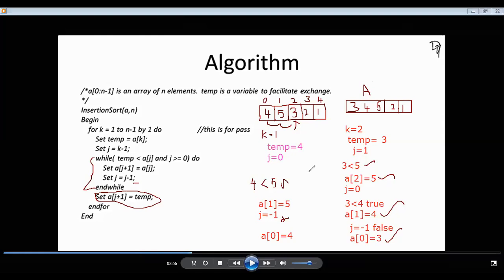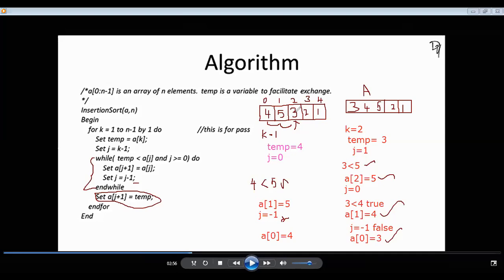That's it. Understood? So what we have done: this for loop is for the number of passes. Initially we are just starting with this element, that is why we keep a temp variable with this value, right? And then backward, one by one, we are checking.